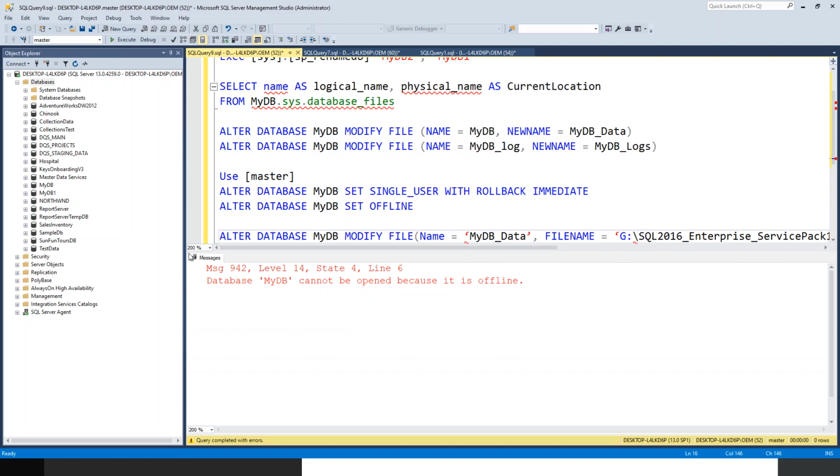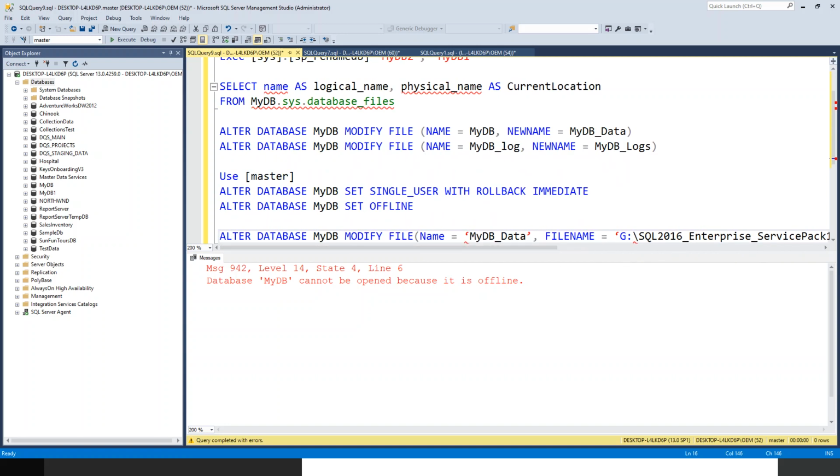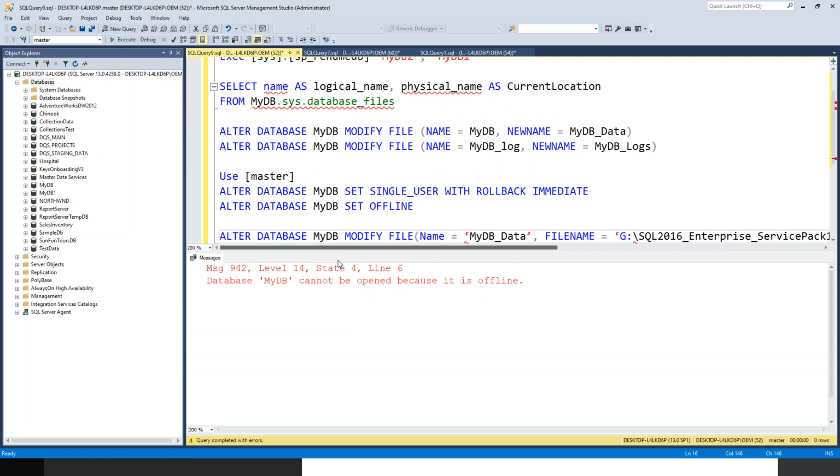So before I can run this query, I have to physically rename this file to MyDB_data.mdf. So I will go back to my original location. This was my location where all these physical files, log file and data files, were produced by default. So I have now renamed it. That's a must. Now if I run this command again,